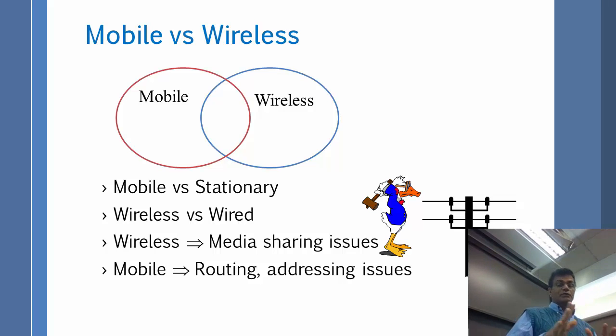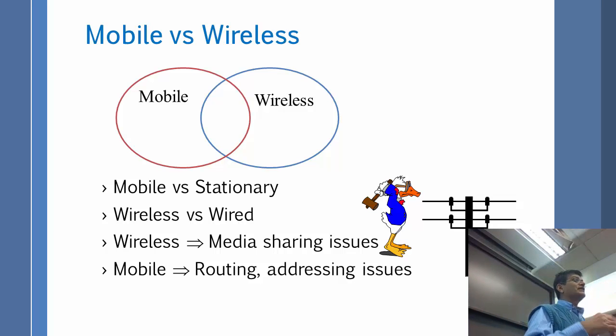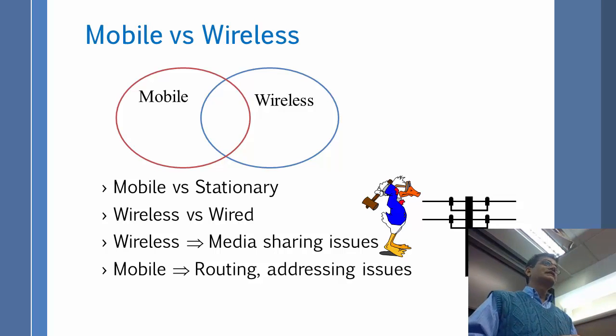Most of your computers and most of my computers, in fact, don't even have an Ethernet port anymore. None of your phones have any Ethernet ports. This was not the case just 5 years ago, and about 10 or 15 years ago, wireless was an option that you had to buy extra. If you bought a computer, it came with a wired Ethernet port, and if you wanted wireless, you paid a few bucks extra. Nowadays, they don't even ask you. So that is the difference: wireless and wired, mobile and stationary.